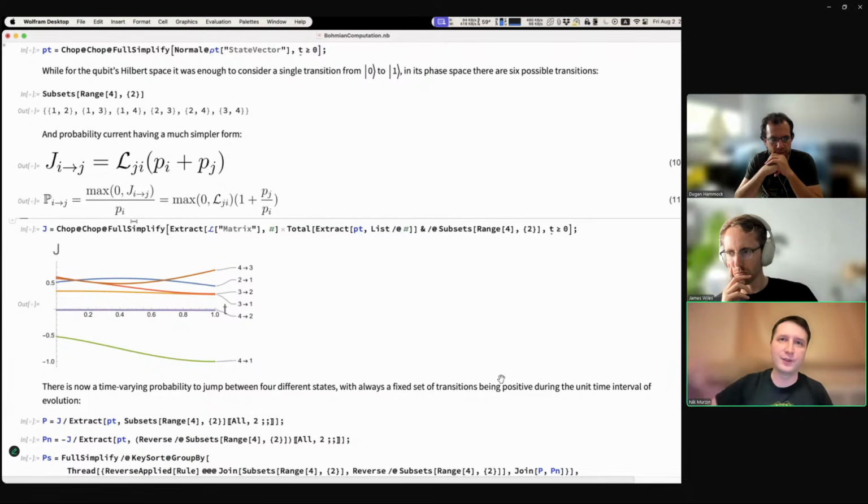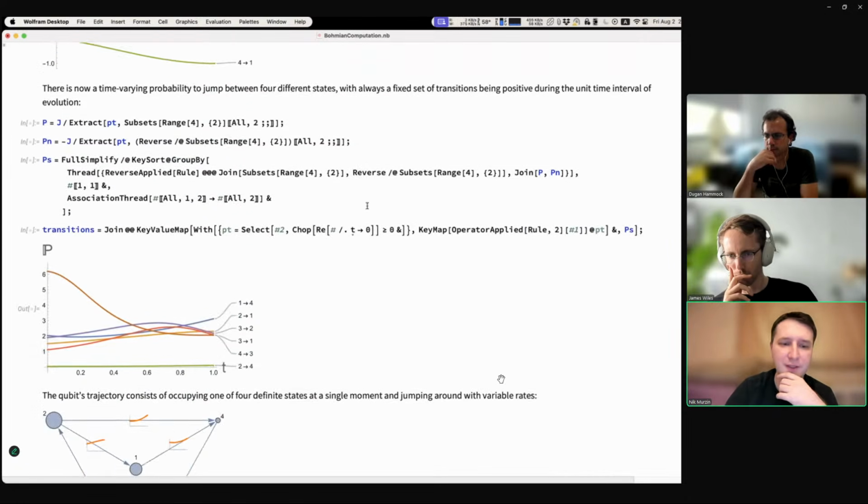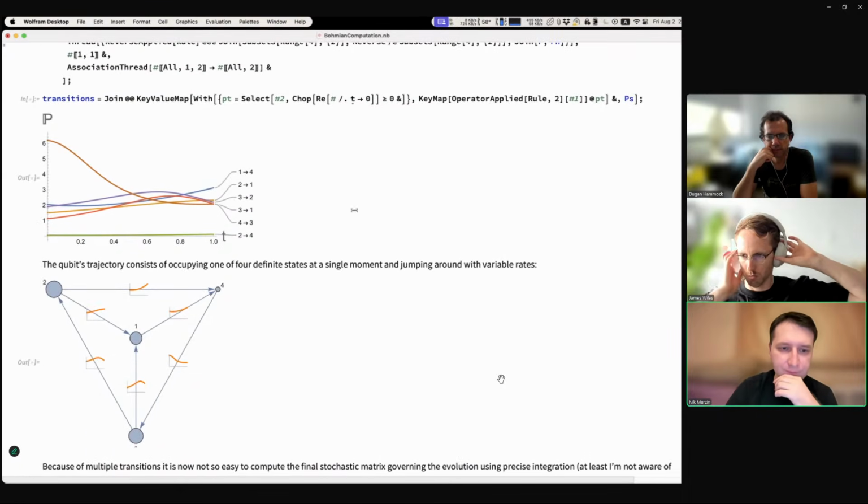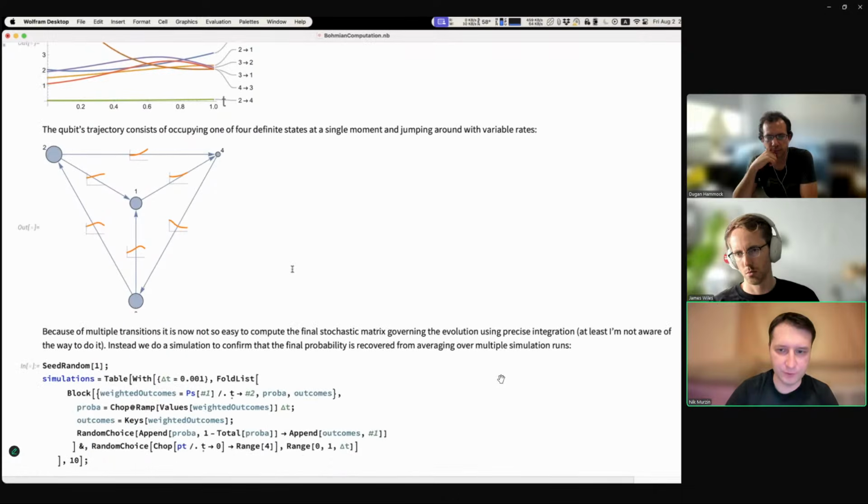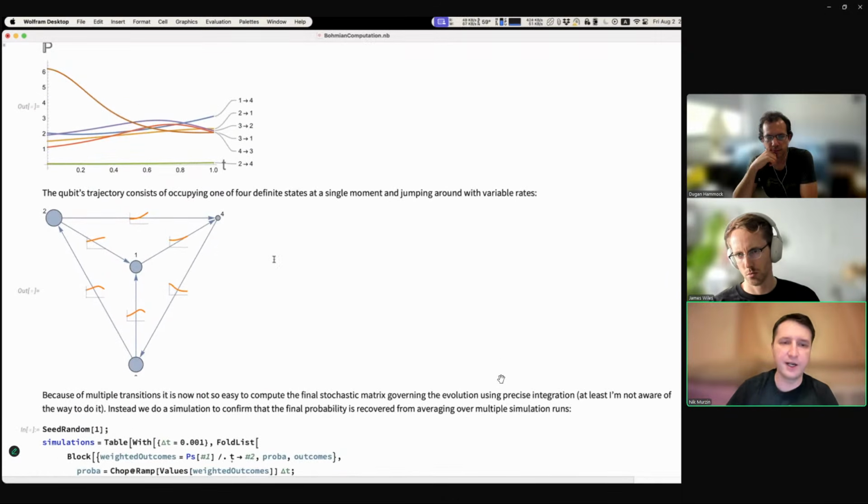So there's no crossing of the sign like we had in the qubit state with 2 values, but now you have 4 different values, not 2 values. So in this sense, it's more complicated. Now a qubit is jumping around between 4 different states instead of 2. So you can't really integrate it precisely, right? I don't know how to set up the same kind of integral, but you can nevertheless still simulate it. So what you have is essentially, I never wrote it here, a time-varying